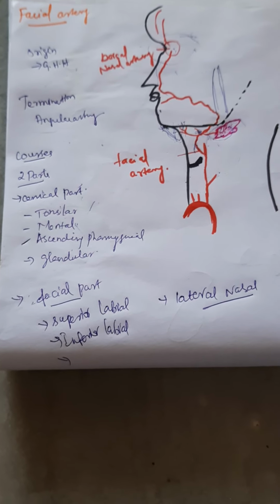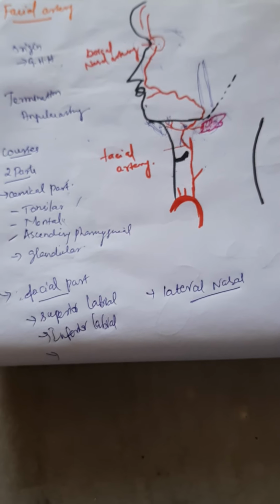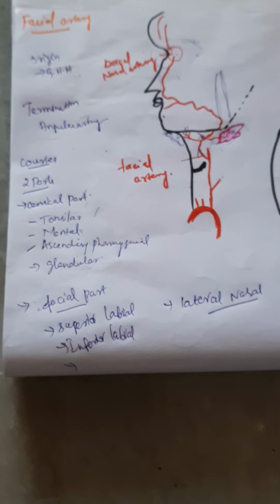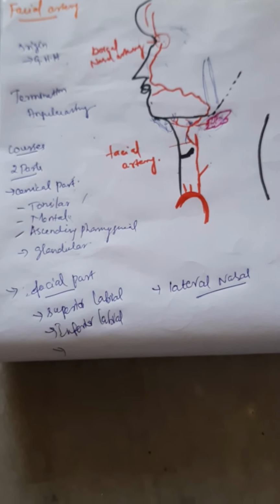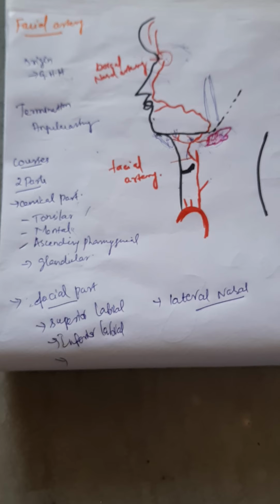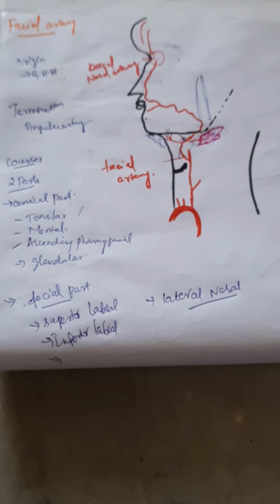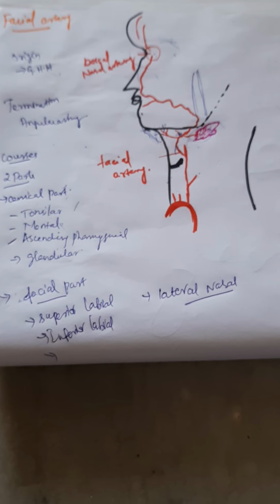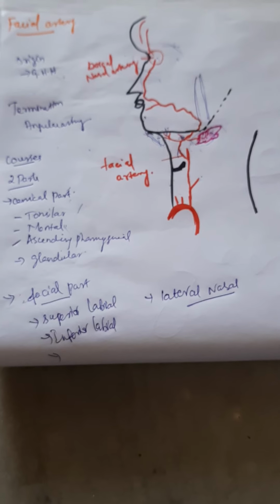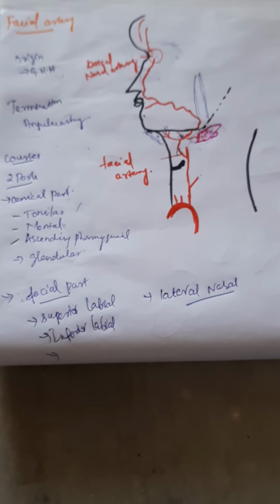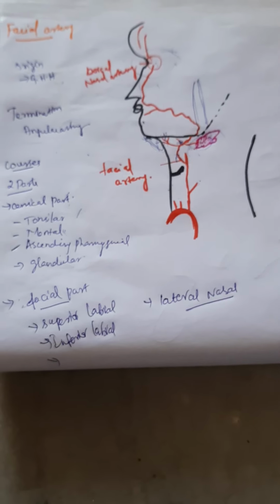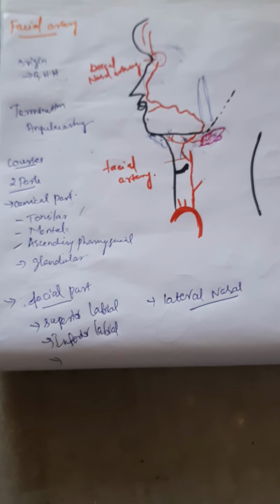Next, where can you feel the pulsation of the facial artery? There are three areas where you can feel the pulsation. You can easily feel it once you touch the medial end of the eye. At the angle of the mandible, once you clench your mouth, you can feel the facial artery. Next, at the angle of the mouth, you can feel the pulsation of the facial artery. You can touch and feel the three areas to find the pulsation of the facial artery.